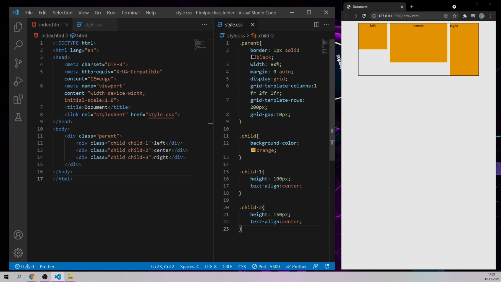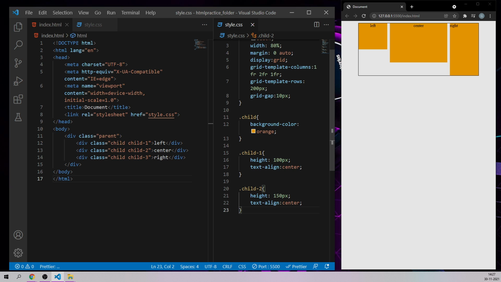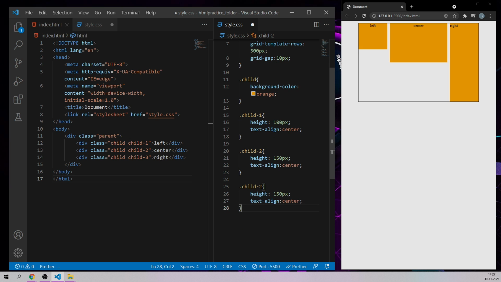One more thing we can do is make the parent element 300 pixels. And for this right element, child 3, let me copy this code, paste it over here and change the class name to child-3. Height of this one, let me keep it as 200 pixels, and text alignment is exactly in the center.